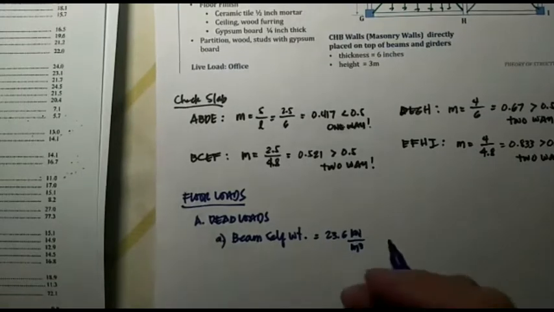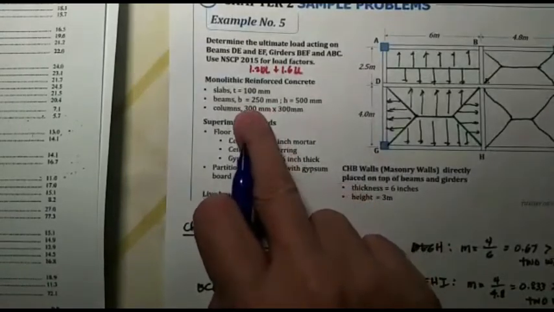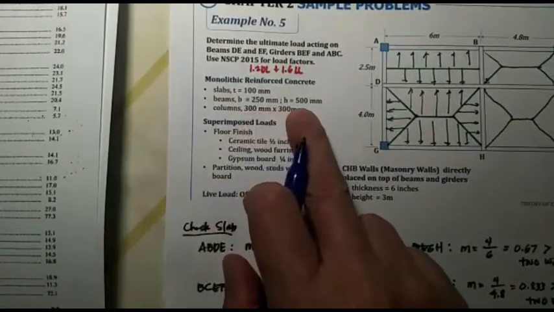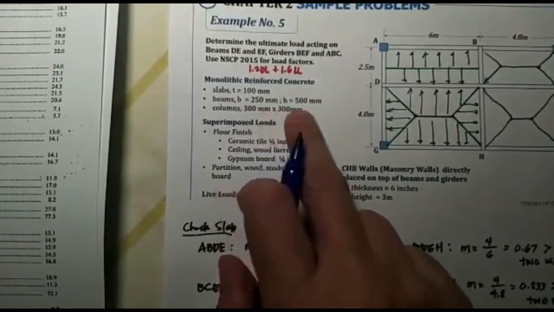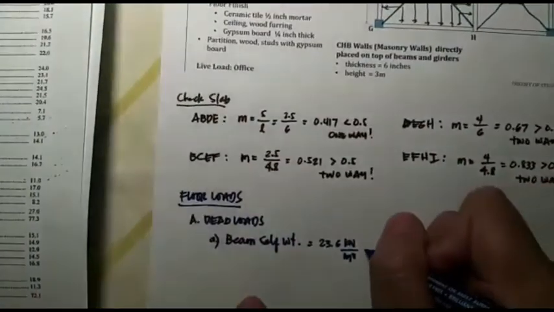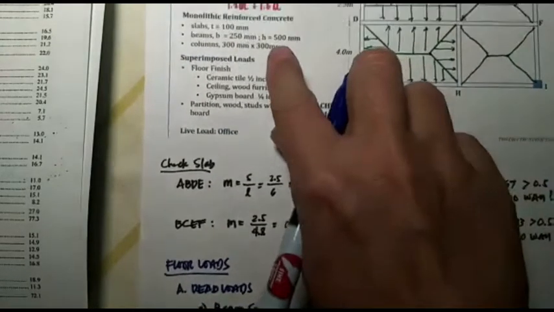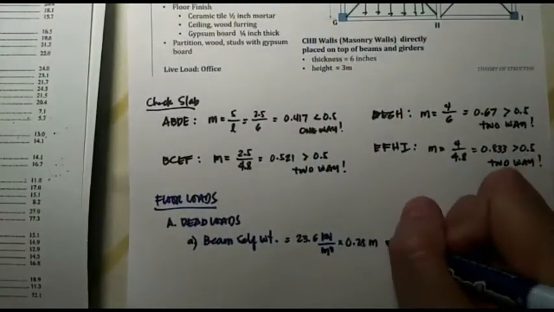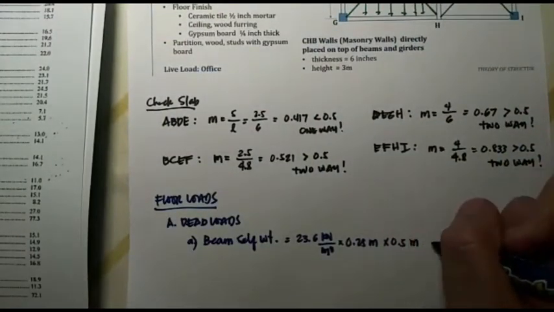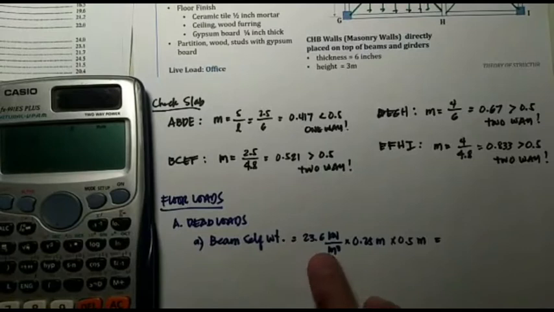Okay, so ang gagawin ko is I'm going to multiply this density, kilonewton per cubic meter, with the cross section of the beam, and the cross section of the beam is 250 by 500. These are millimeters, i-convert ko lang siya sa meter para maging consistent dito. So 250 mm is 0.25 meter, tsaka yung 500 mm is 0.5 meter. Okay, so that would give us